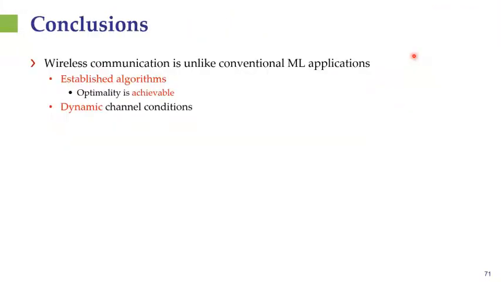To conclude this part of the talk, we emphasize that wireless communication is inherently different from conventional machine learning applications like computer vision and speech processing. First, there are established algorithms to tackle these problems, at least those of receiver design, which we consider here, such that optimality is achievable and actually matters. Namely, if we have a receiver which operates well on a broad range of channels, it doesn't mean that it is optimal for any. Furthermore, channel conditions are dynamic, and we want to be able to track those variations online,